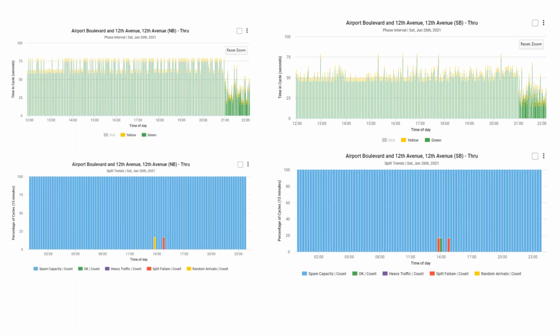So when you compare them, just for example, if we were getting a lot of use out of these movements and a lot of use of that detection zone, lots of vehicles moving through, we would see just generally more color, probably more green, where we're getting a lot of use out of this, maybe some split failures, but here it's really quite empty.